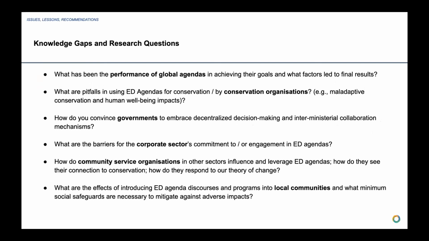So our key knowledge gaps and research questions are basically to understand what has been the past performance of these global agendas and what factors have led to either their failure or their success. And what are some pitfalls of using these agendas for conservation? How do you convince governments to embrace this decentralized decision-making and interministerial collaboration mechanisms? What are some barriers of the corporate sector to committing to these sorts of agendas? How do other organizations leverage these agendas, and how do they see their connection with conservation? And especially, what is the impact of introducing these sorts of sophisticated discourses within local communities, and what sorts of